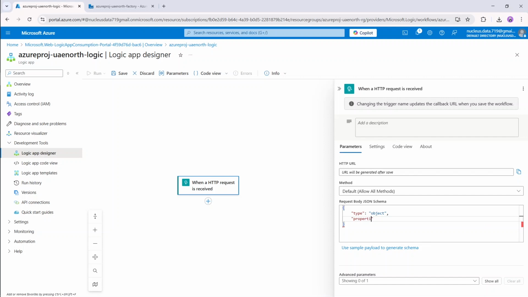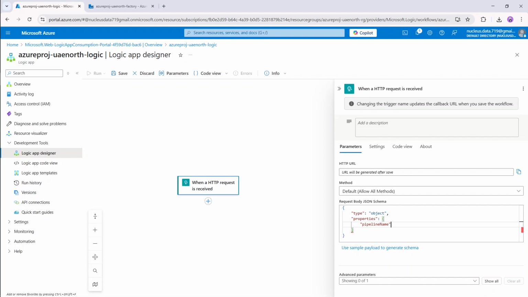So here comes the properties. What we want in the mail is we want to get a pipeline name, pipeline status, pipeline ID, and also the time in which it ran. Okay, so it will be